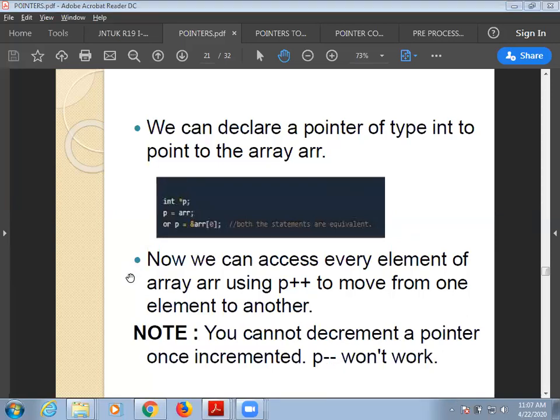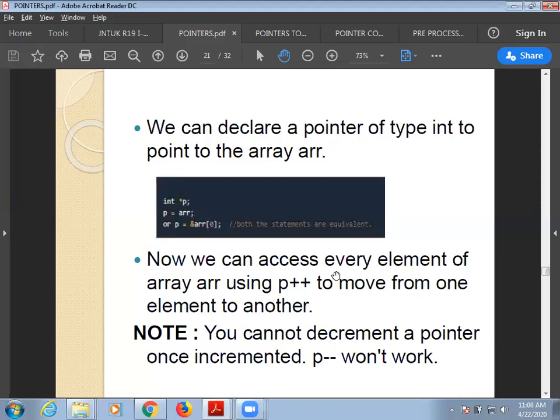Remember this, we are going to use it heavily in the future in C++ and data structures. You need to understand arrays and pointers specifically. Okay, it will be tough for you in future if you don't have a clear understanding of these assignments. Okay, int *p means it will be a general pointer. If I'm assigning p = arr, I'm saying that I'm assigning the address of the first element to p. Now p also will be pointing to the first element.